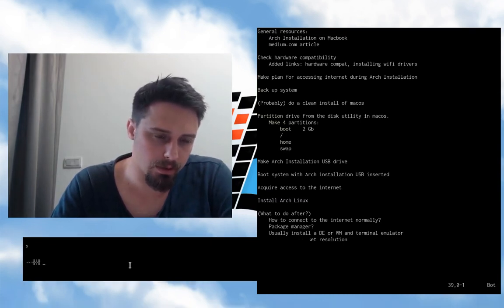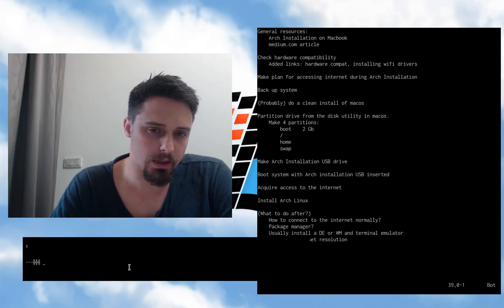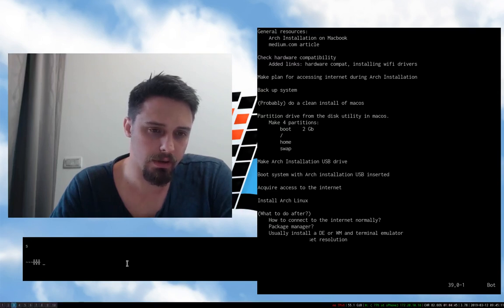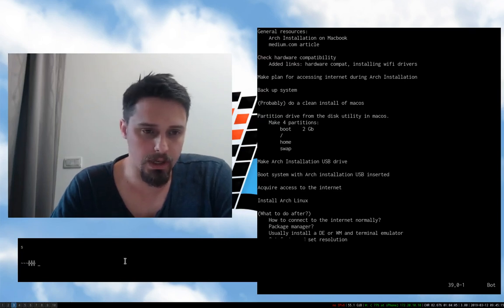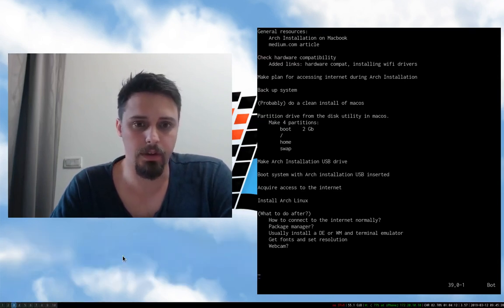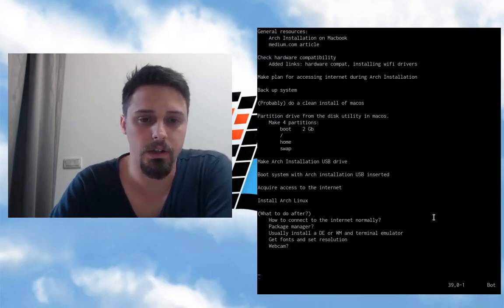You probably want to do that. I have in the past downloaded installations of operating systems where the checksum did not check out correctly, so maybe there was a mistake along the way, or maybe someone along the way tried to maliciously do a packet injection. I don't know, but I think it's better safe than sorry. It doesn't take much time